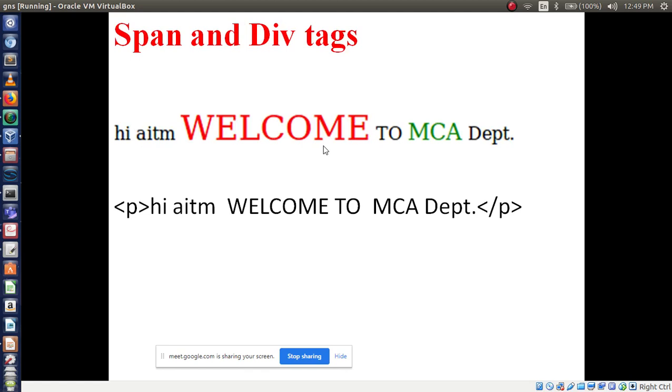Now another important concept: span and div tag. It's very important. So many times they have asked regarding span tag and div tag. See, now we will talk about the span tag only. What is the purpose of using the span tag? Now all of you observe this.